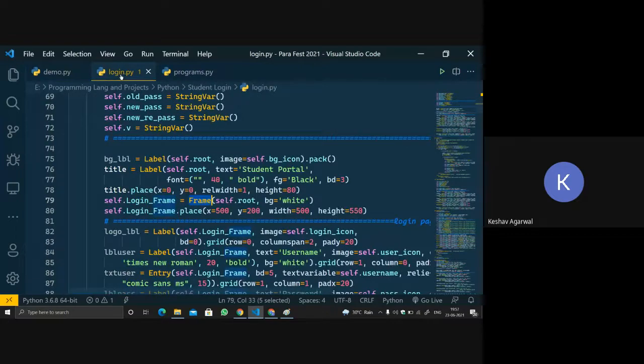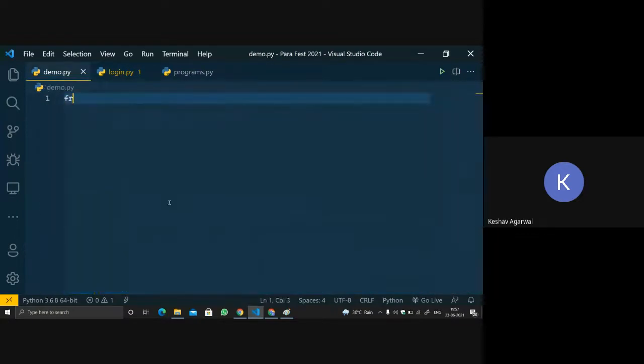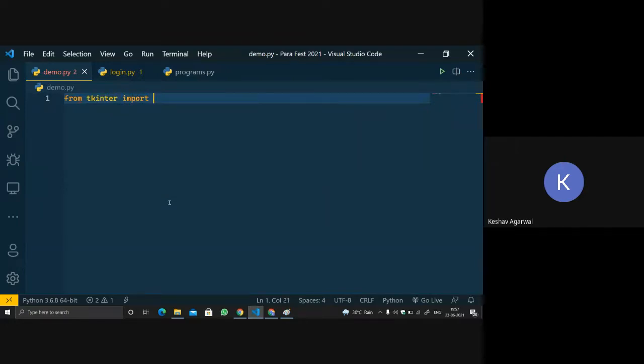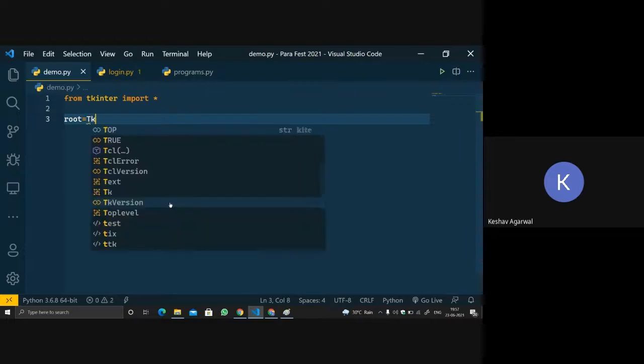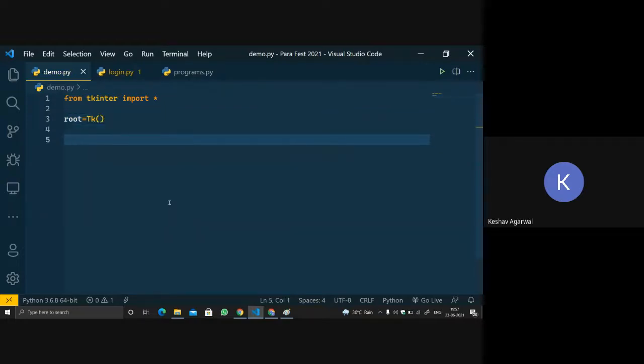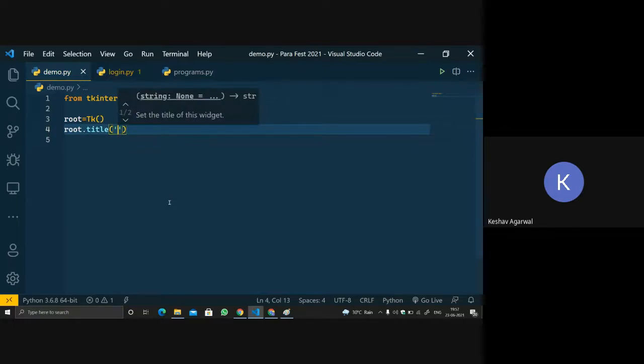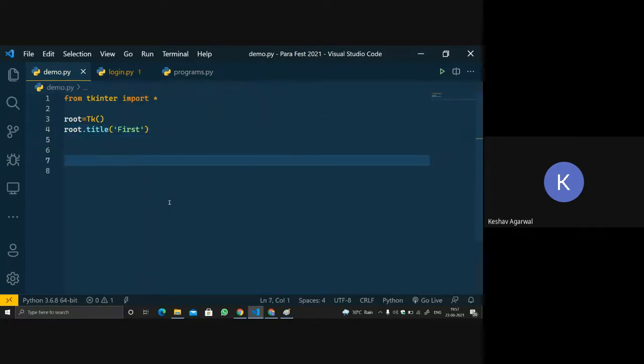Let me remove it all, and then from the start, from tkinter import star, then root equals Tk, and then let's name the title, root dot title, this is first, and let's make root dot mainloop.